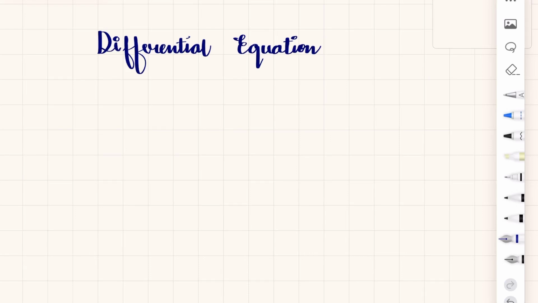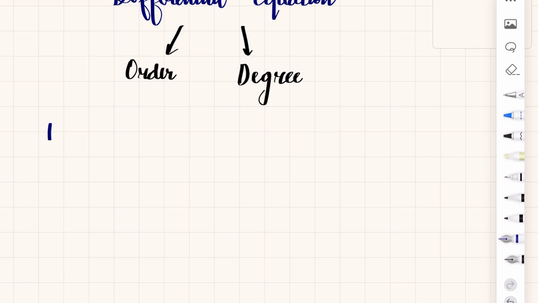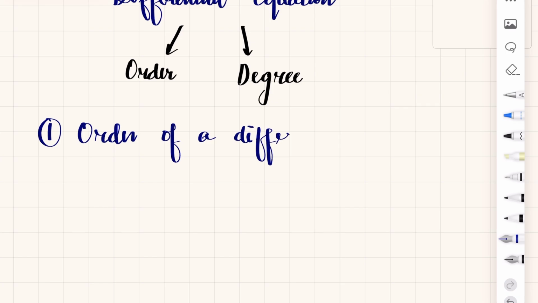Today, we're going to discuss differential equations, particularly the topic called degree and order. So, what is the order of a differential equation? What is the degree of a differential equation? Let's start with the order of a differential equation. What do you mean by the order of a differential equation? It's very simple. It is the order